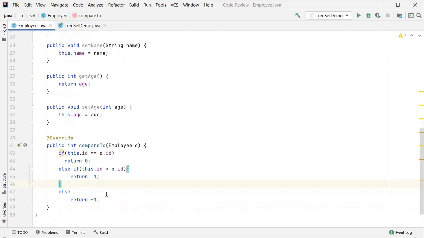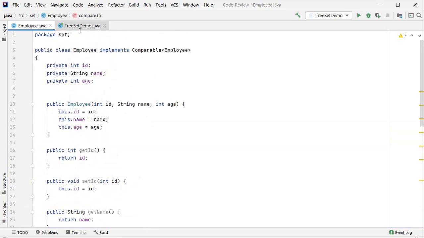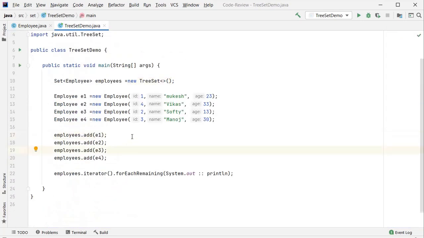Okay, so this is our implementation. Now I'll quickly move to the TreeSetDemo class and I'll run this program again.